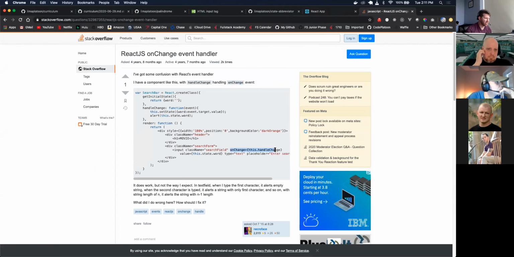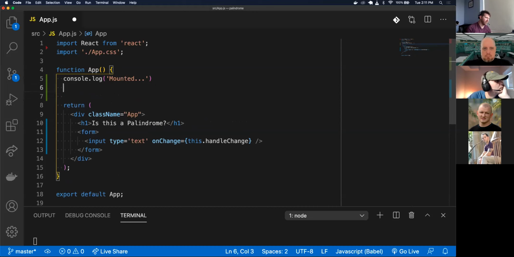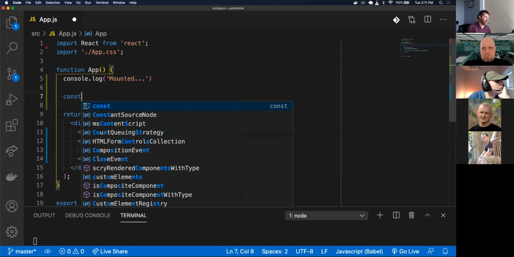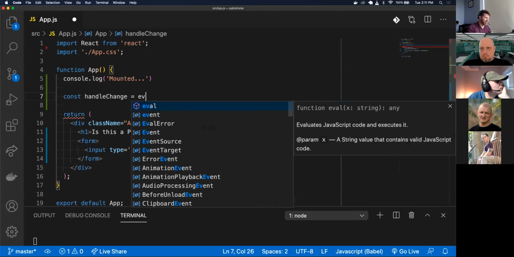So I've got this on change in this input. I'm just going to throw that in there. So it's got an on change attribute. And then in my on change, I've got this handle change, which is a method. And we're using functional based components. So I'm going to write an event